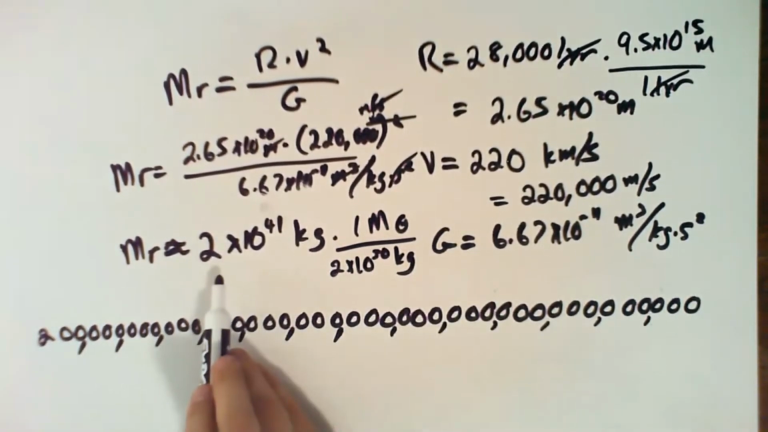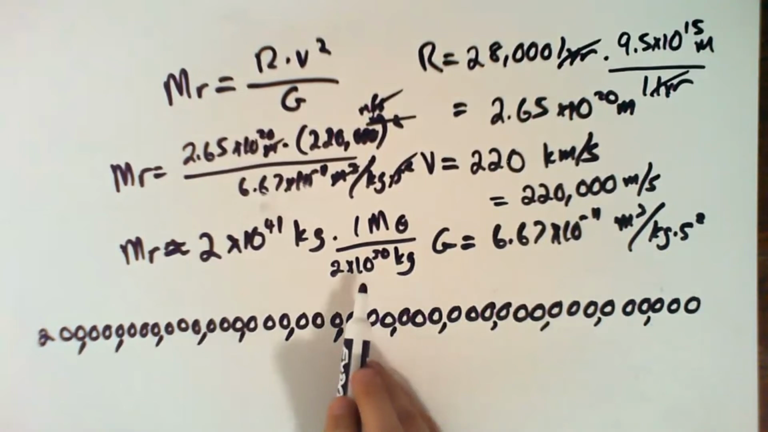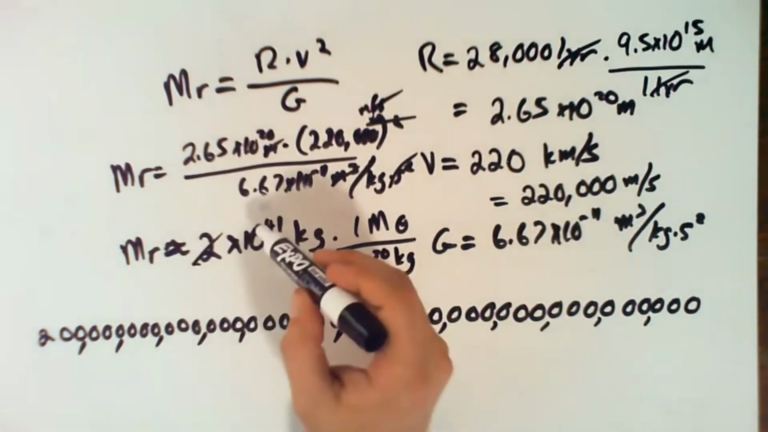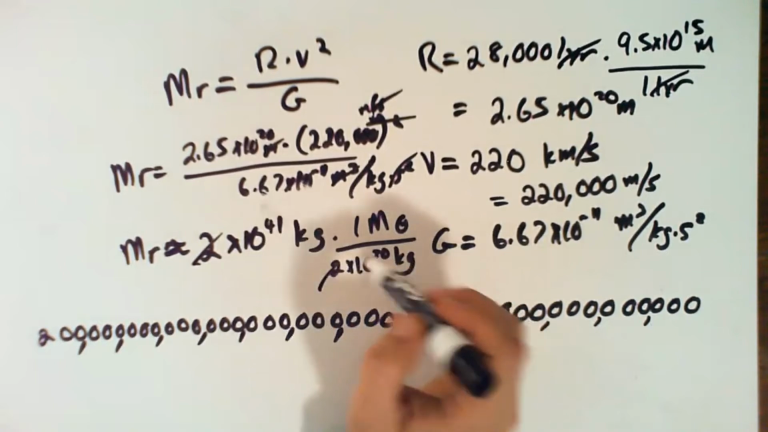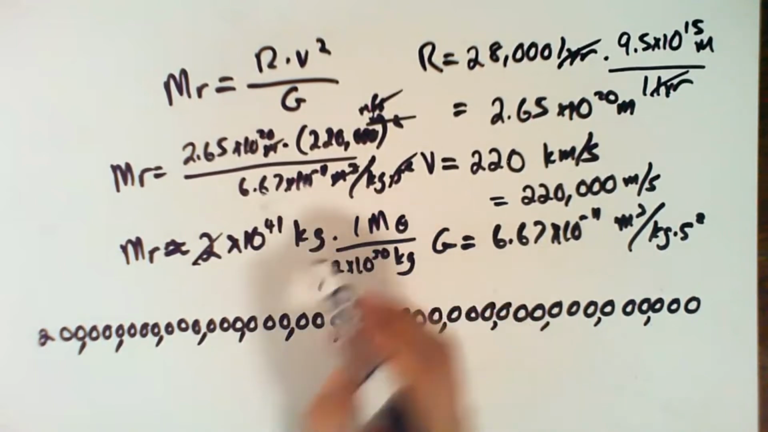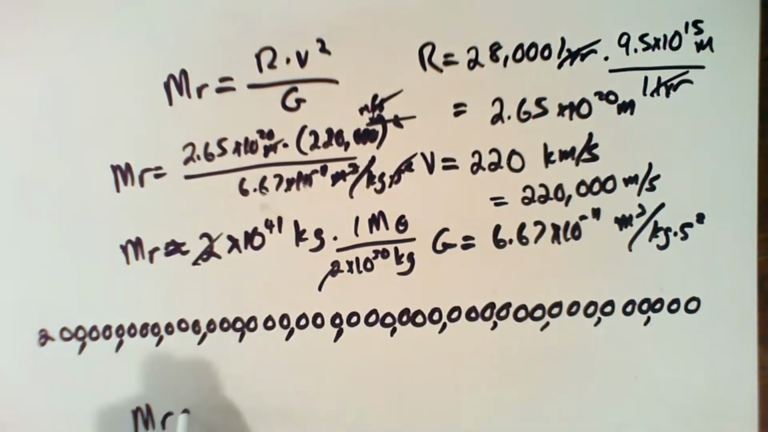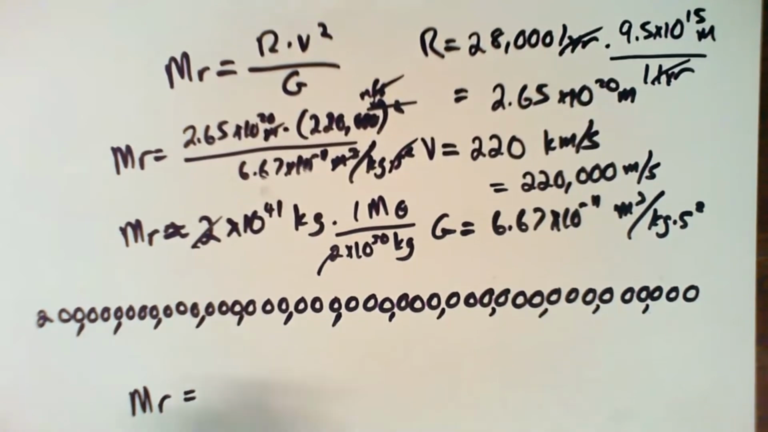2 times 10 to the 41 divided by 2 times 10 to the 30th, the 2's cancel out. 10 to the 41 divided by 10 to the 30, all you have to do is subtract the exponents. 41 minus 30 is 11. M of R equals